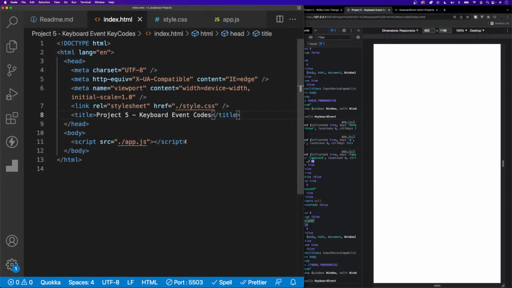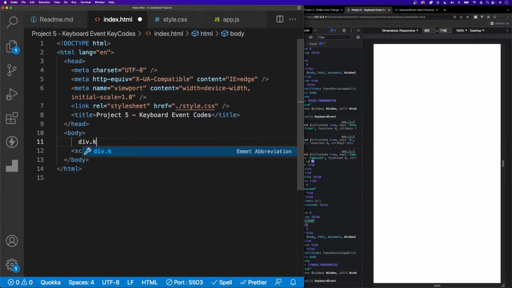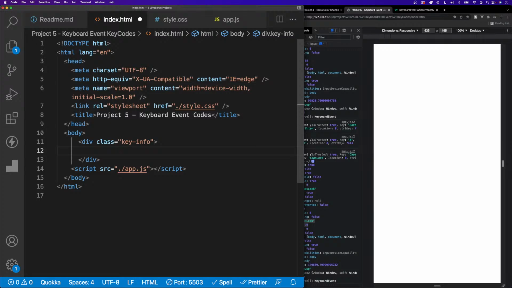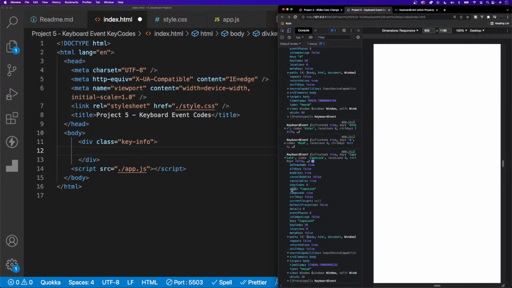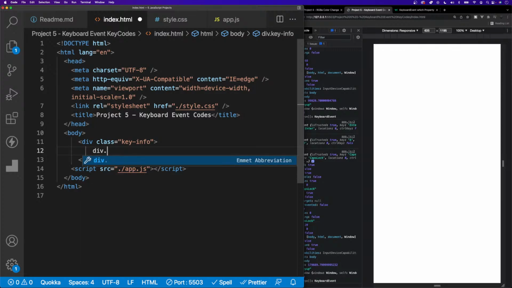All right, so we'll need a little bit of HTML for this. We'll have our div with the key info here, and then we'll create maybe some little squares to display that information. So, for example, we want to have the actual code they press. So we'll create a div for, let's say,